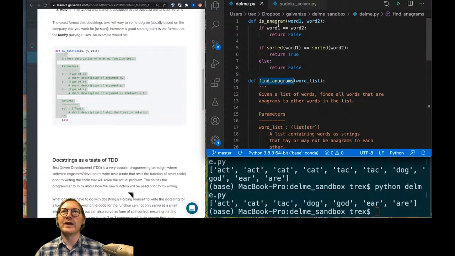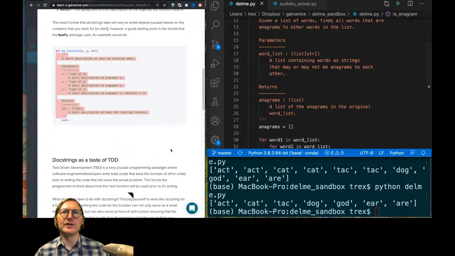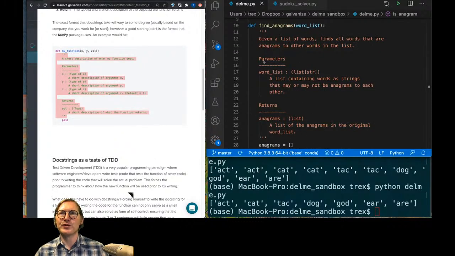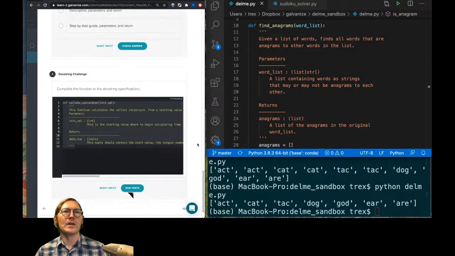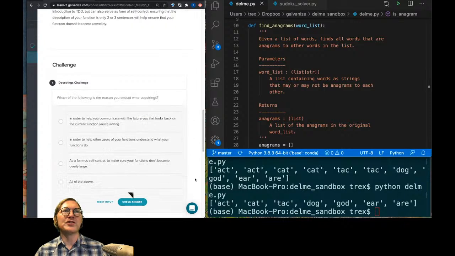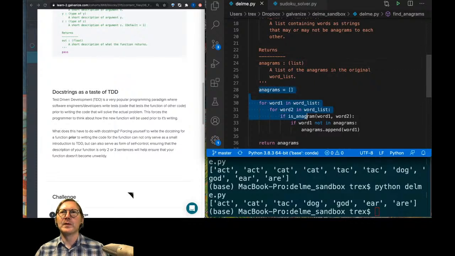So I just wrote that for find anagrams. I could write it for isAnagram, but I think you get the idea here. The main thing is you want to be able to take a docstring and translate it into code. You also want to take your code and be able to write a docstring to accompany it. We mentioned test-driven development here, and you might imagine,